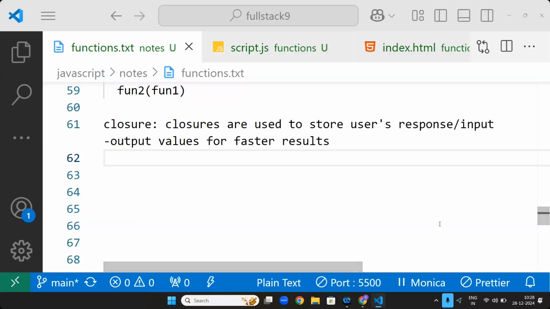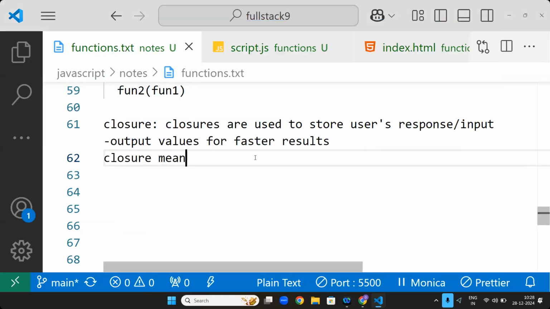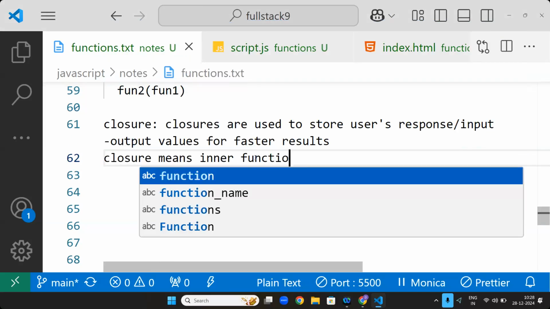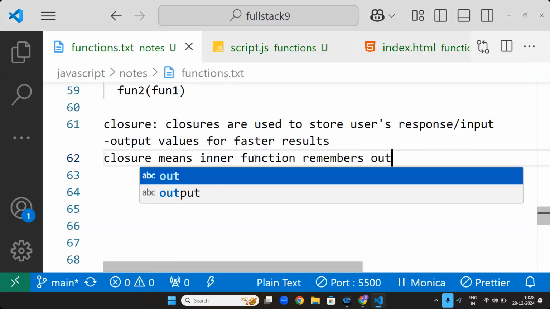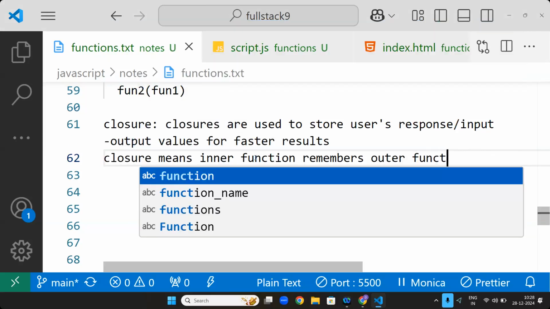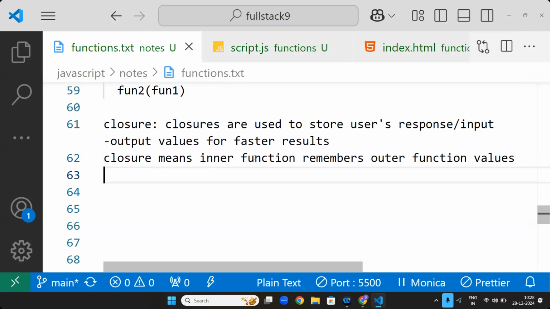And what does it mean by closure? Closure means an inner function remembers outer function's values. Inner functions remember outer functions' values